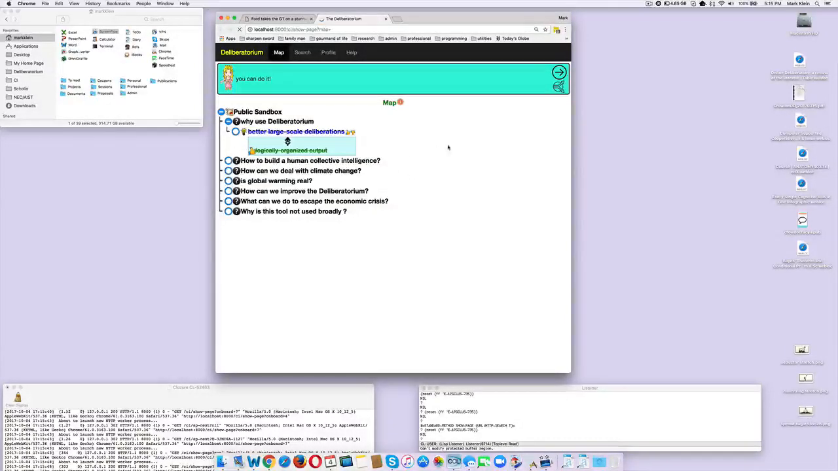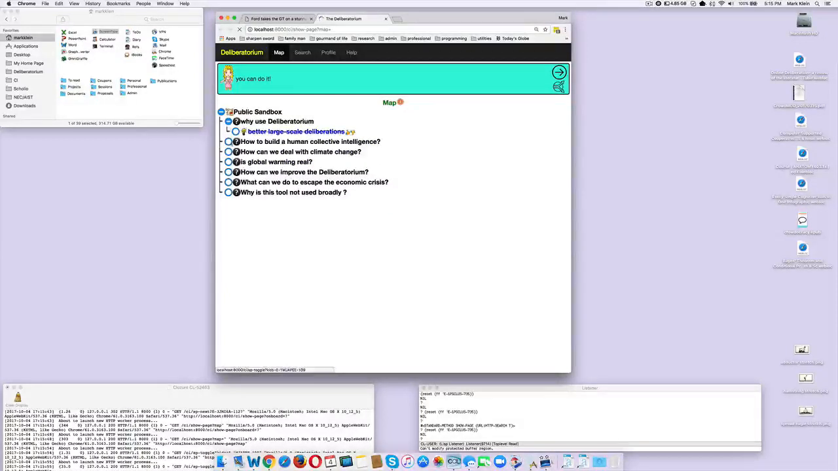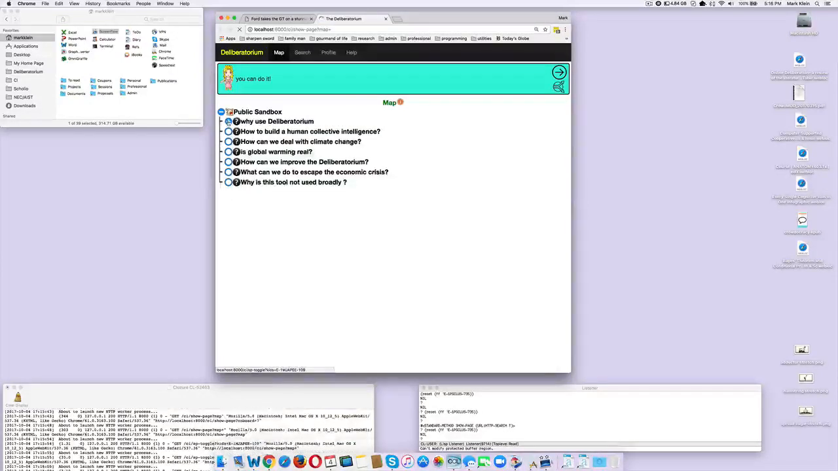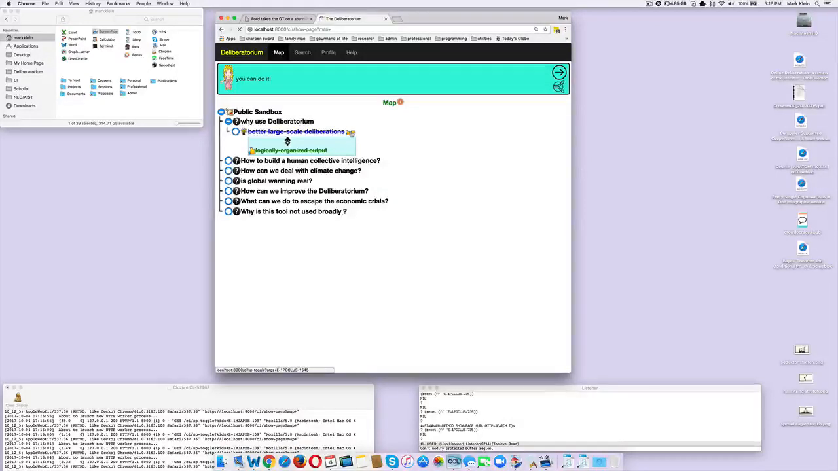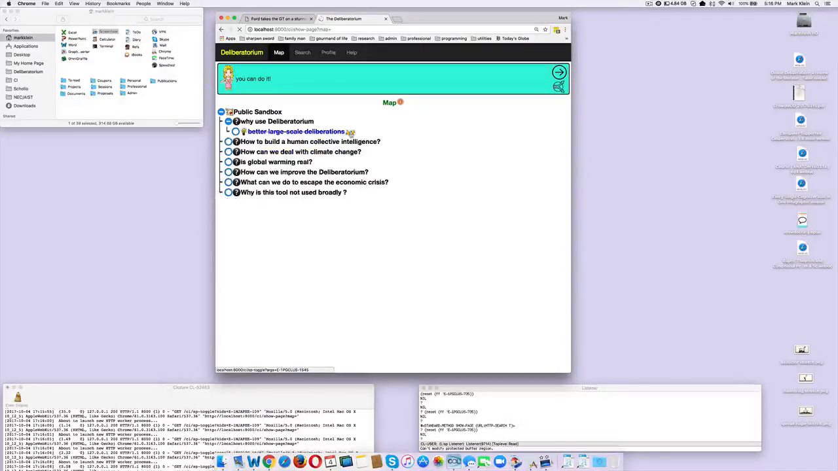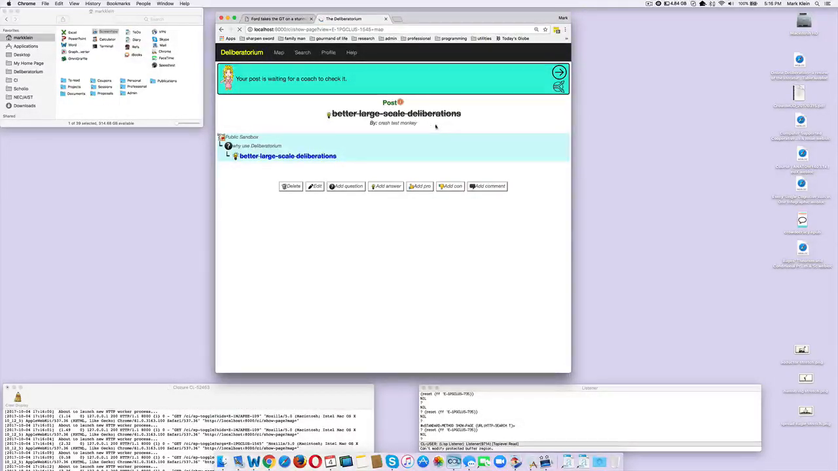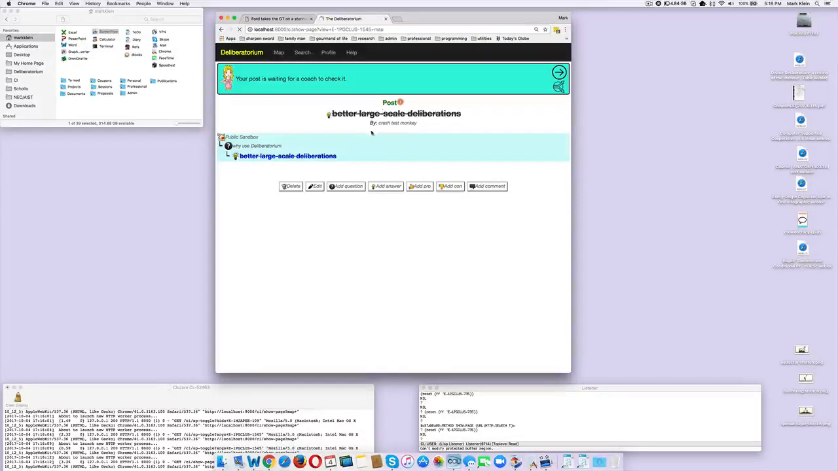The primary tool is the map tool, which allows you to open and close posts using these open and close buttons. You can hide and show the arguments for an idea using these thumbs up, thumbs down symbols. If you're interested in a given post and you click on it, it takes you to the post viewer, which gives you the title and author and the position of that post in the map, and then it gives you a set of buttons which allow you to, for example, edit it if it's your post,